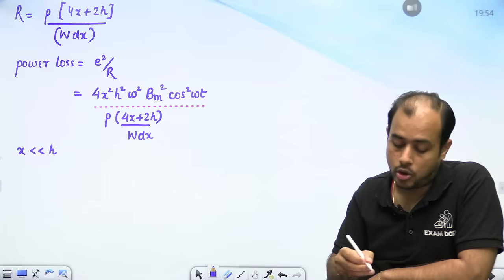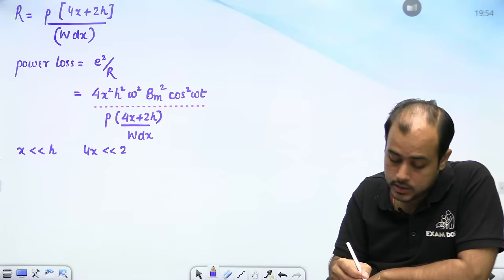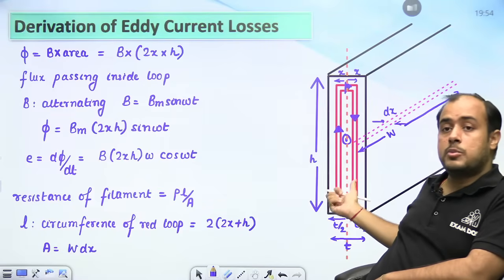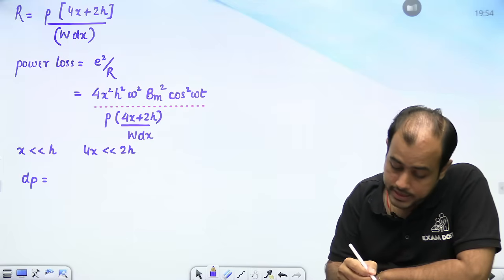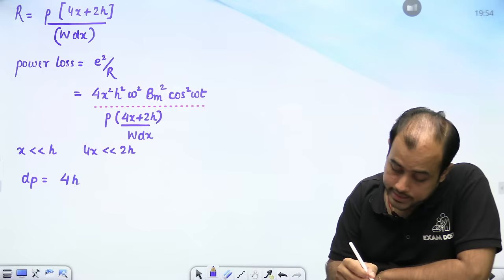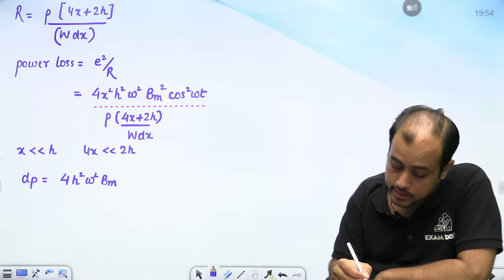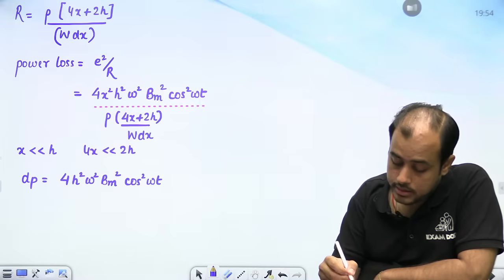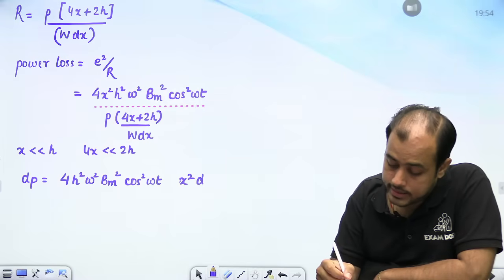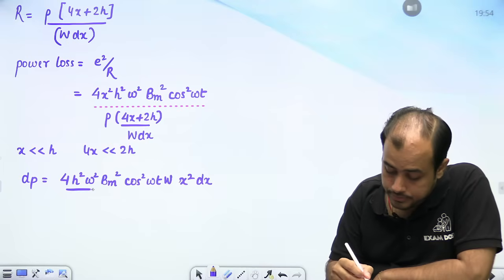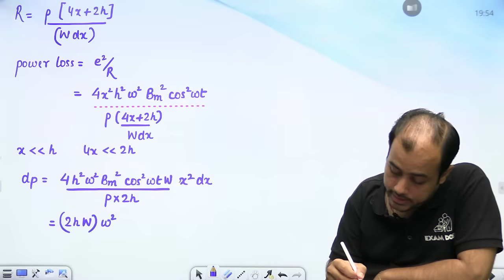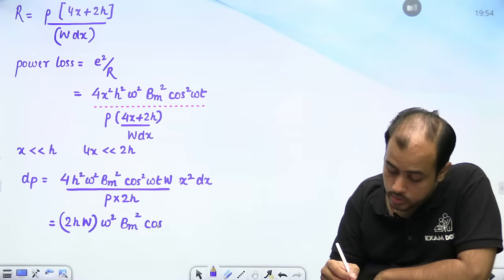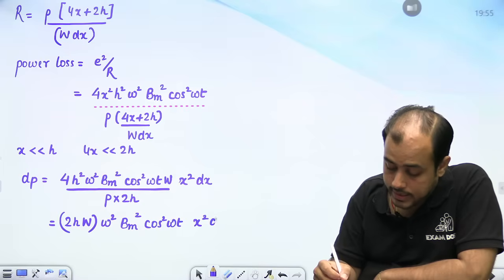ये जो x है ना, ये h से बहुत छोटा है, तो 4x is much smaller than 2h. This thickness is much smaller than the height of the lamination. So I will say dP is 4h square omega square Bm square cos square omega t into x square dx W, divided by rho into 2h. So 4h square by 2h, 2hW into omega square Bm square cos square omega t, x square dx